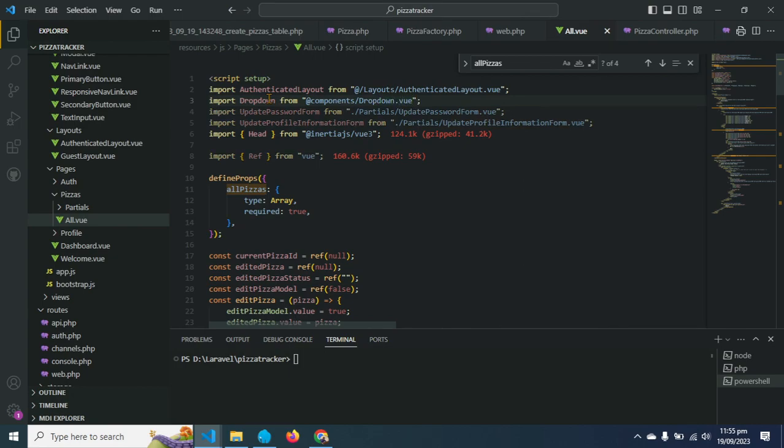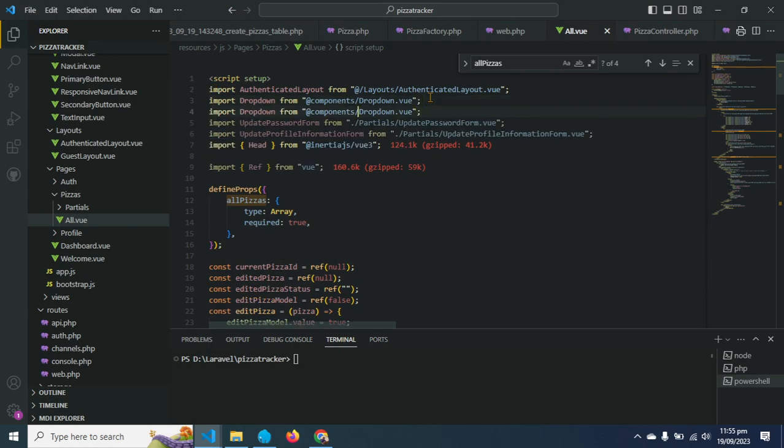This is our drop down component. The second one was model, so let's copy it. Let's change the name to model. In this way we can use the components in Vue.js, model.vue,